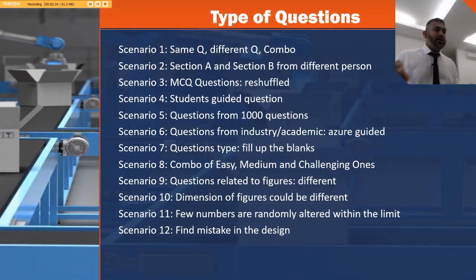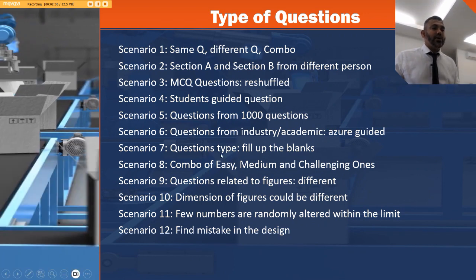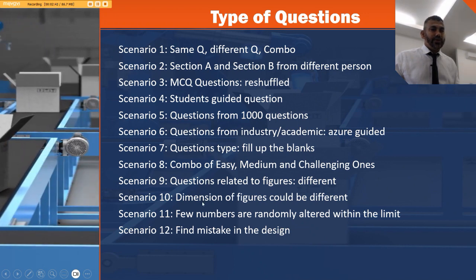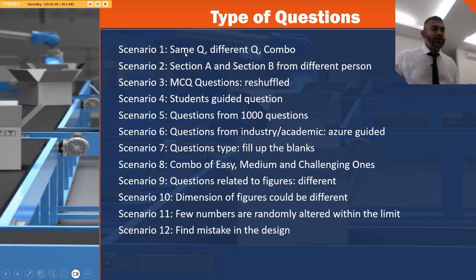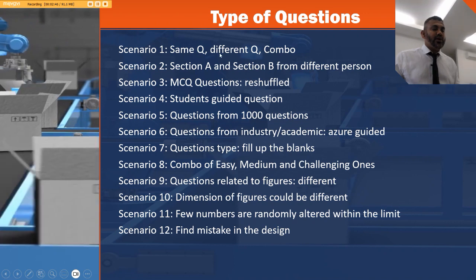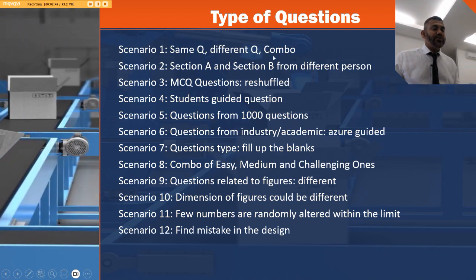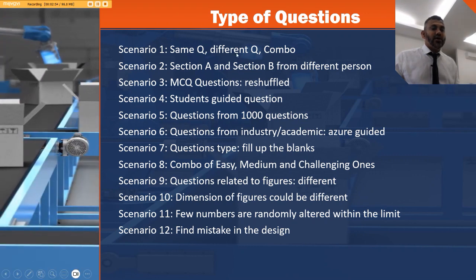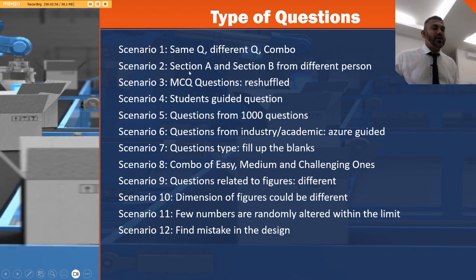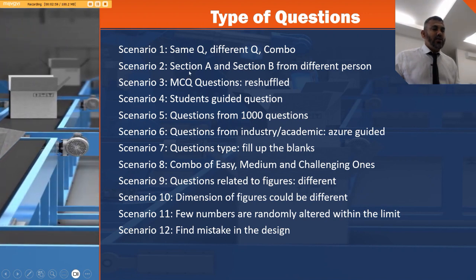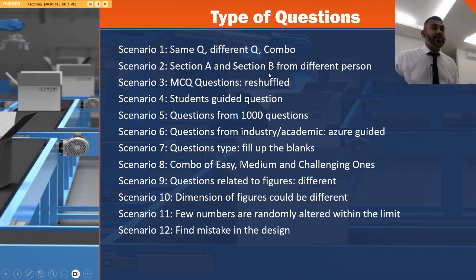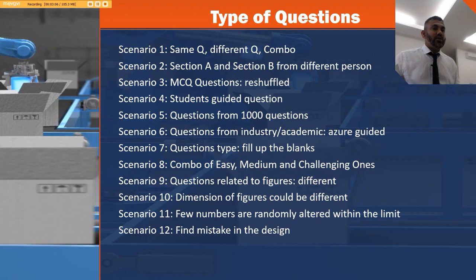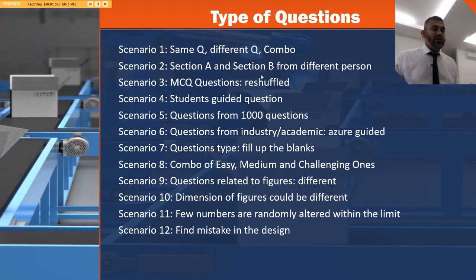Definitely, these are not the only type of question we can make. I give you some examples, and I have got tutorials for all of them. If you want to collaborate with me, you can make some questions for all students, different questions, or maybe a combination of both. So a few questions are different, a few questions are compulsory or the same. Section A can be made by you, section B could be made by somebody else, and it is automated. Meaning to say, you click a button, this one question set from the other guy, one from you, and it's done.